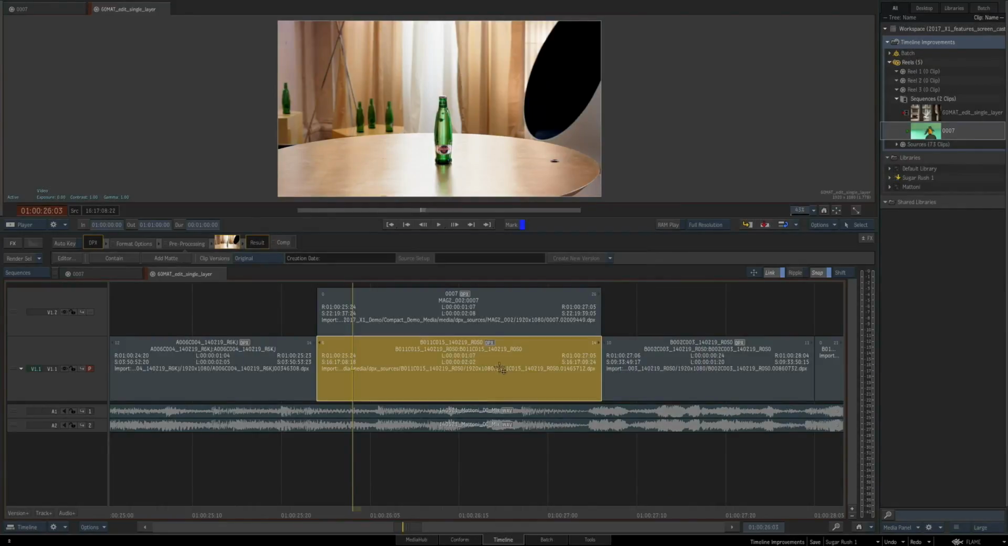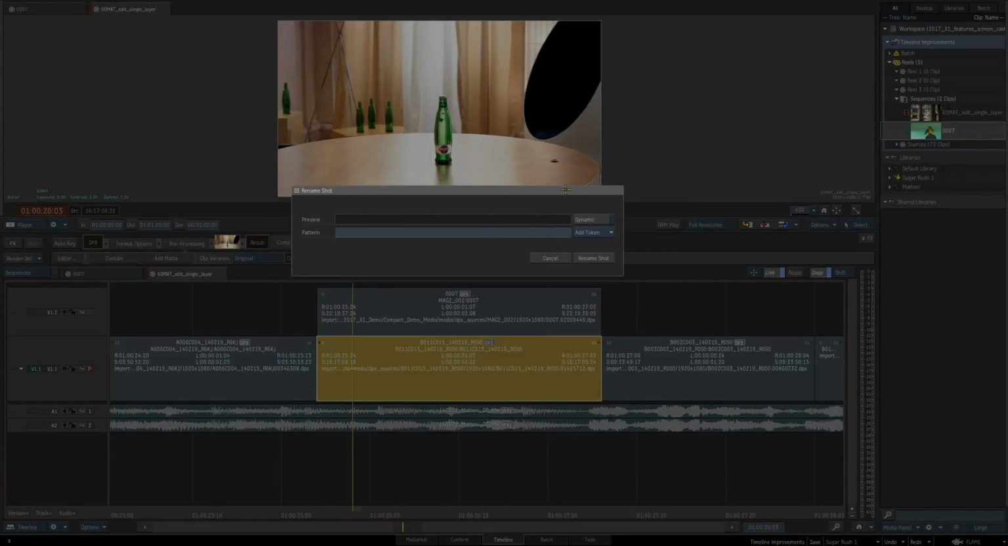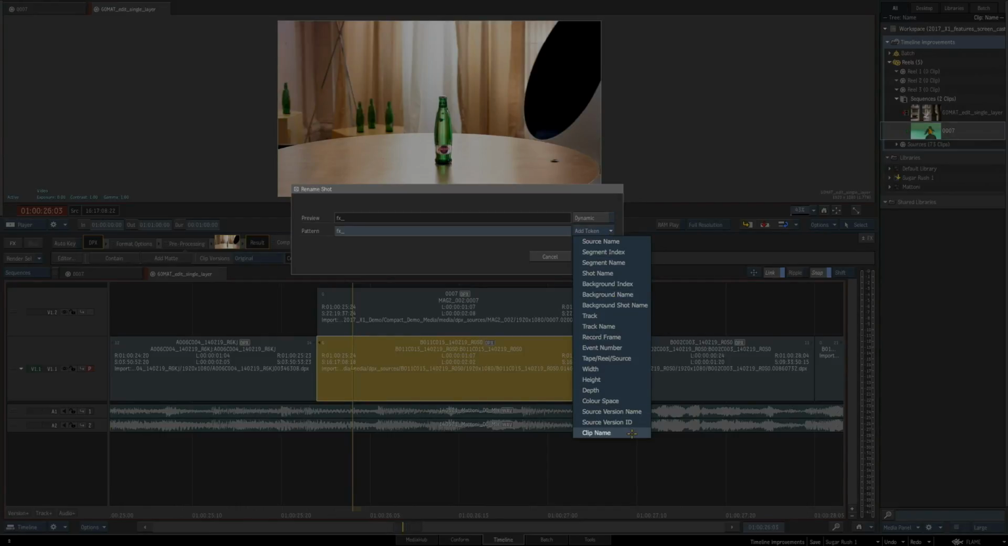The other option we have is to rename the shot, and the dialog box looks very similar to this. Once again, if we call this something like fx underscore and start tokenizing, we can add tokens inside of here as a dynamic entity. If we took something like the background index, it's going to look at the position of the segment in the timeline and rename it fx. This is the variable, it's shot 24 as it exists in the timeline,